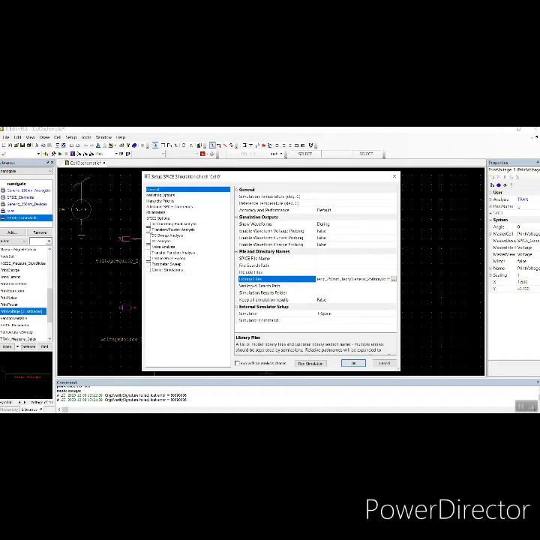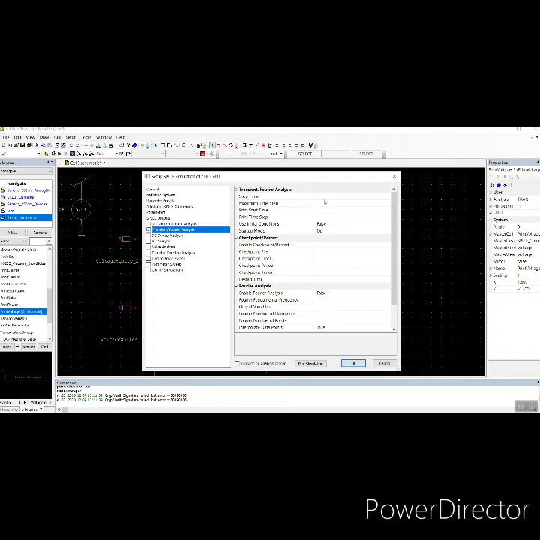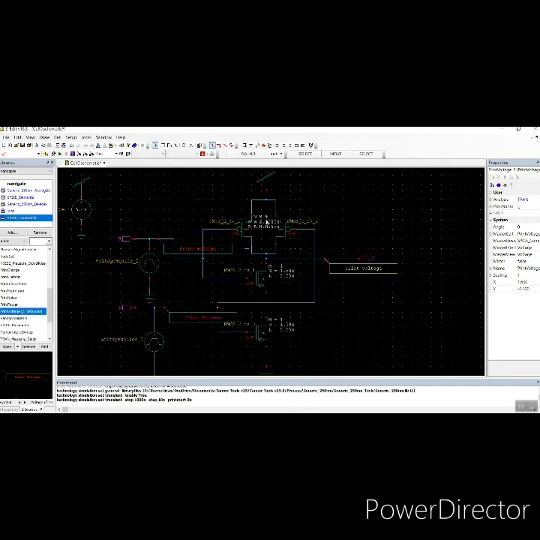Then we need to select any one of the analyses. We are going to choose transient and Fourier analysis, and we have to give some values: stop time as 1000 nanoseconds, maximum time step as 10 nanoseconds, and print start time as 0 nanoseconds. Click OK. Then start the simulation.